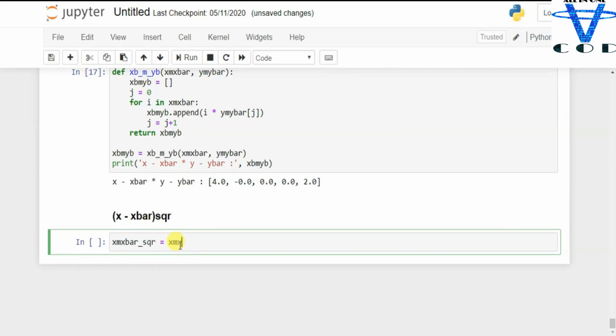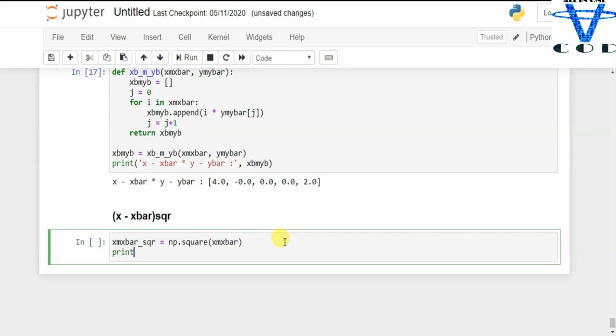Let's use the numpy function. You can use numpy or TensorFlow, whatever you want to use. np dot square, and then I'm gonna pass x minus x bar, and then simply print the x minus x bar square.